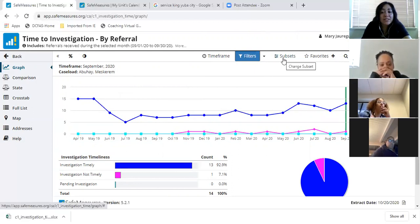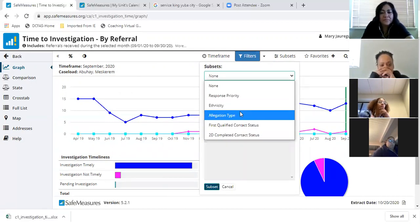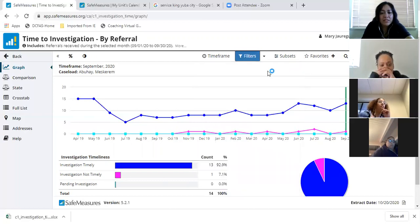I can also add subsets, and subsets are pretty much just like more filtered information. So the more filters and subsets I add, the more fine-tuned my results are getting, okay? I'm not going to add any subsets because I just want to know all of them. I want to know everything that's going on. And so next to subsets, you'll see there's a little clear star, and then favorites, and then a little plus sign. So what I want you all to do now is click on the plus,